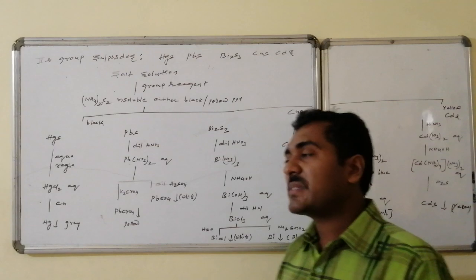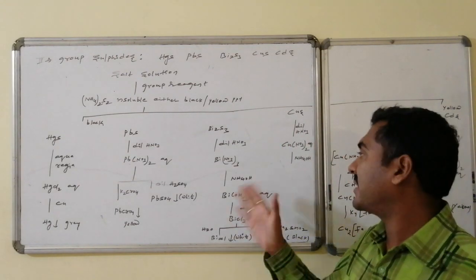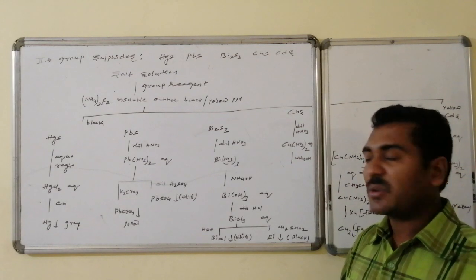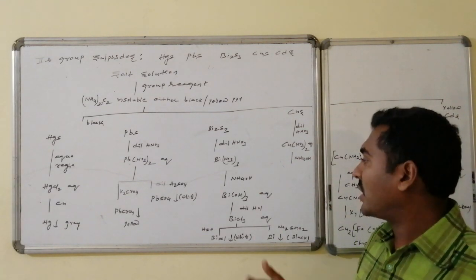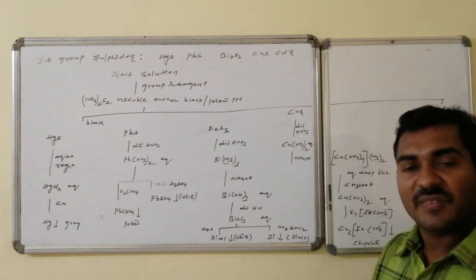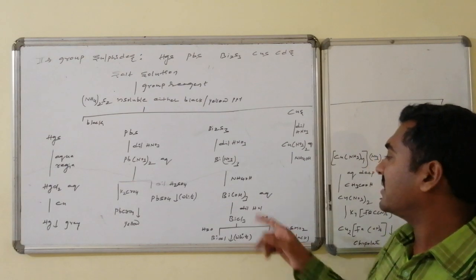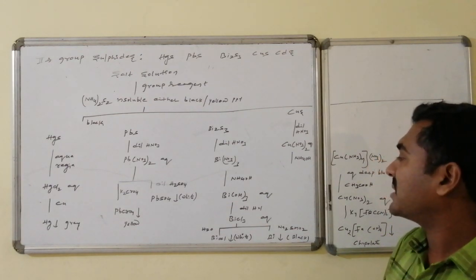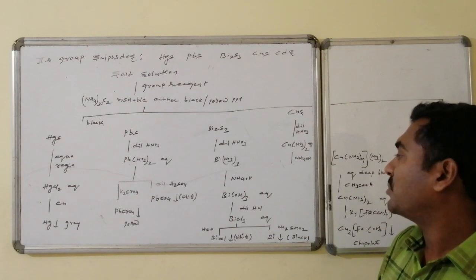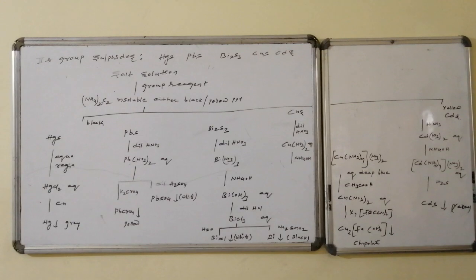Next one is bismuth sulfide, a black color precipitate. On reaction with nitric acid it forms bismuth nitrate, an aqueous soluble solution without color. That on reaction with excess ammonium hydroxide forms bismuth hydroxide. Note that bismuth hydroxide is not aqueous; bismuth hydroxide is a precipitate. Bismuth hydroxide is a white color precipitate.